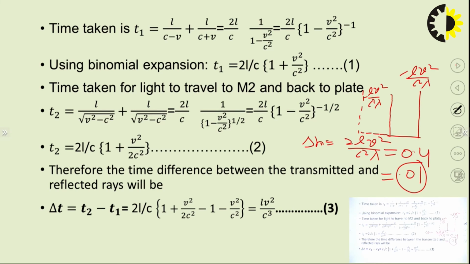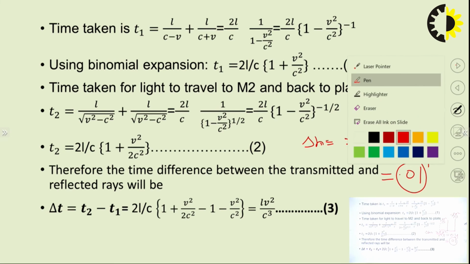So all of us know that Albert Einstein gave the two postulates of the special theory of relativity. The first postulate was that laws of physics remain the same in all inertial frames of reference, and the second postulate was that the velocity of light is always constant. It doesn't depend upon the relative motion of source and observer. So this principle of constancy of the velocity of light was established on the basis of this Michelson-Morley experiment. As I told you, the result of this experiment was declared null and void,